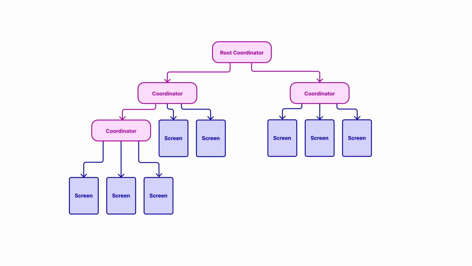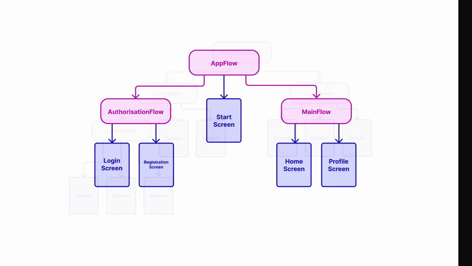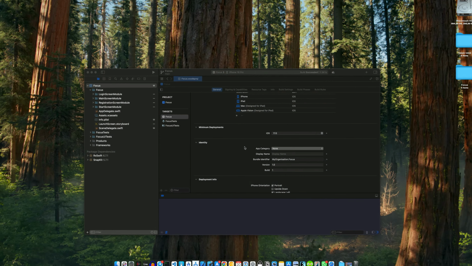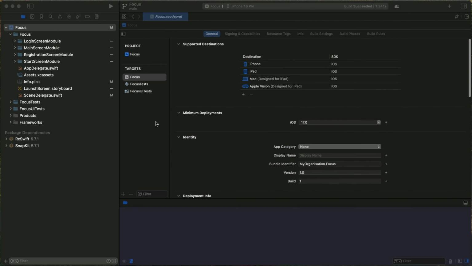And in this video we will create the first version of our navigation system, and it's a first step. In future videos we will add new screens, new flow objects, and so on to our project. Let's go. First we need to add RxFlow to our project, because this is a third-party